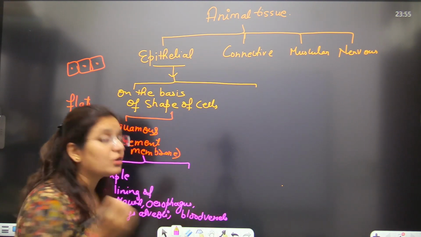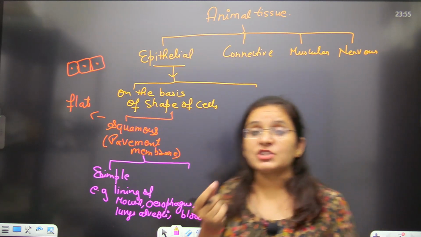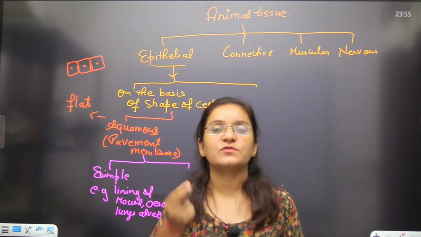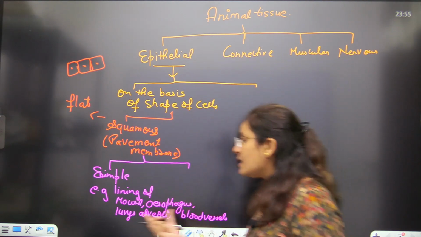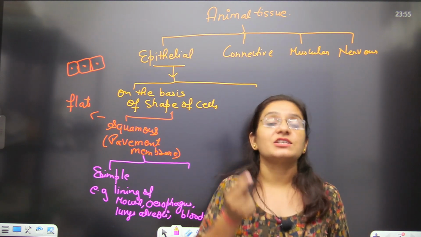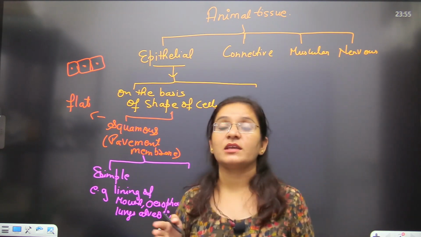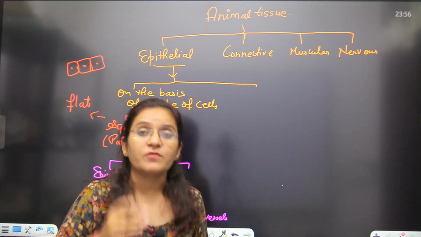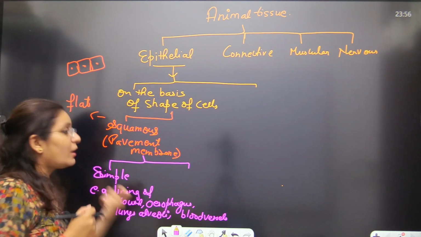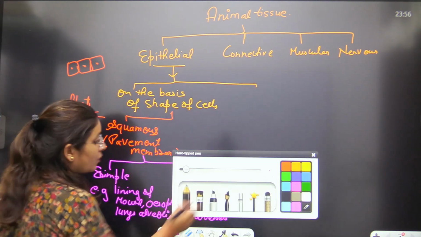Now what is the function of this simple squamous epithelium? Its main function is protection. What is the main function? Protection from injury as well as from germs. But when it is present in lung alveoli, what will its other function be? Its function is exchange of gases, because in alveoli this squamous epithelium helps in exchange of gases to the blood from the lung alveoli. So in blood vessels and lung alveoli, what will its work be? Gaseous exchange. Now if more than one layer